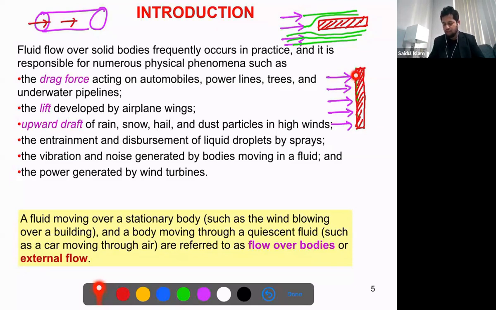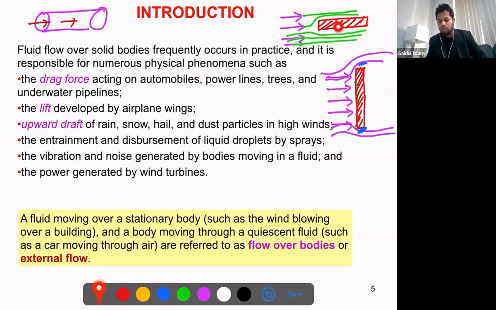You see when it is hitting this, you will see what will happen. Fluid cannot actually cross this vertical plate, but what would happen is it will go like this, isn't it? So the flow will separate here. So the flow separation is happening here. It will create some sort of recirculating zone in the wake in this section. So what actually happens when we have an object, this kind of